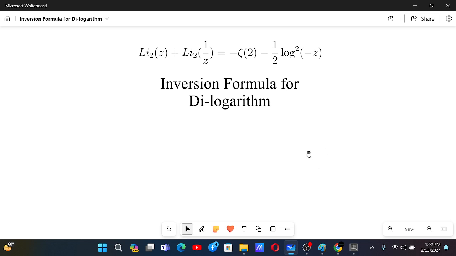Inversion formula for dilogarithms. I do think you know about dilogarithms now because this is not the